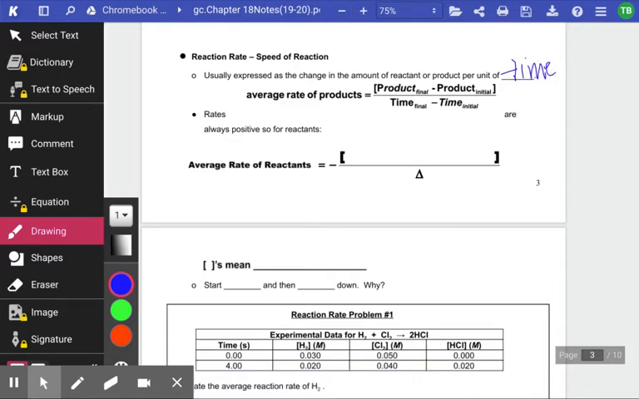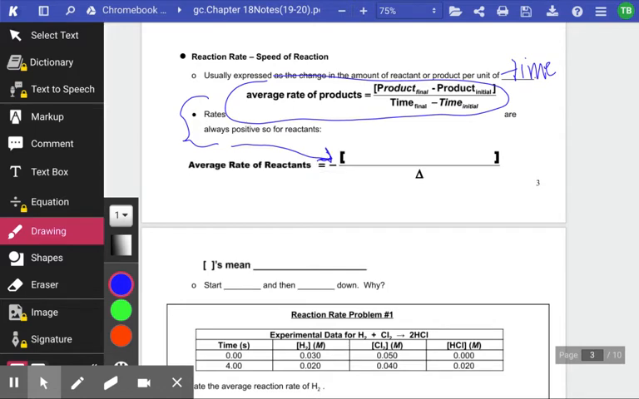Here you see what the equation is for reaction rate. Average rate of products is your change in product concentration over your change in time. We always start with the final product concentration minus the initial product concentration, over final time minus your initial time. Now, rates always have to be positive. Therefore, for reactants, we insert this negative sign there